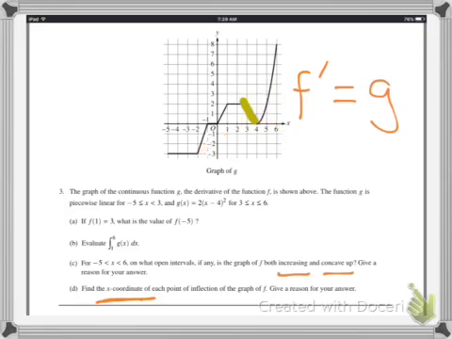Any other places where that occurs? Well, if you look at 1, just for example, just to show contrast, for 1 right here, the graph is increasing, but then it doesn't start decreasing right after that. So there's no change in concavity right there, because on the interval from 1 to 3, the graph of f is not concave up nor